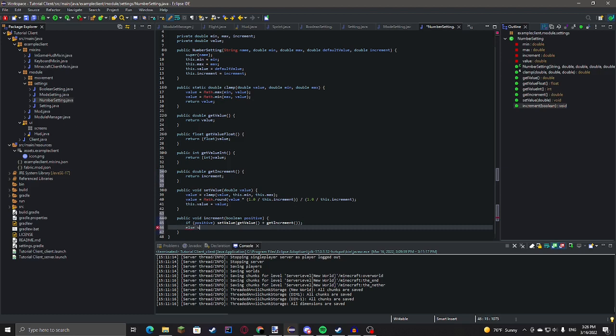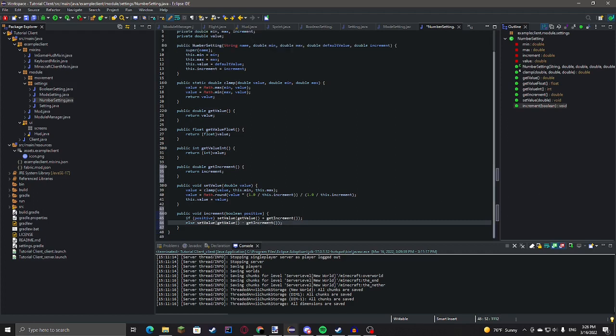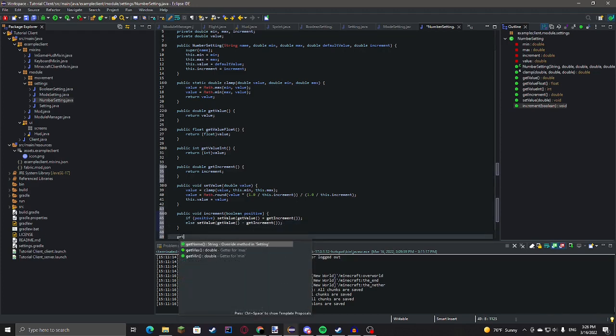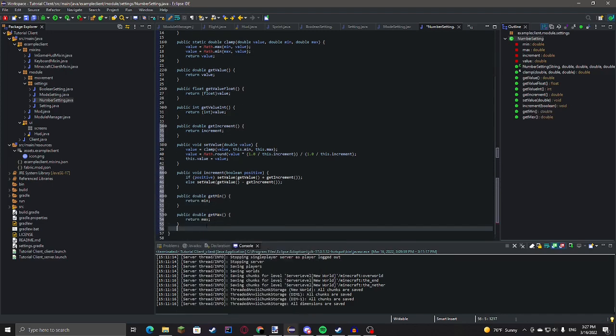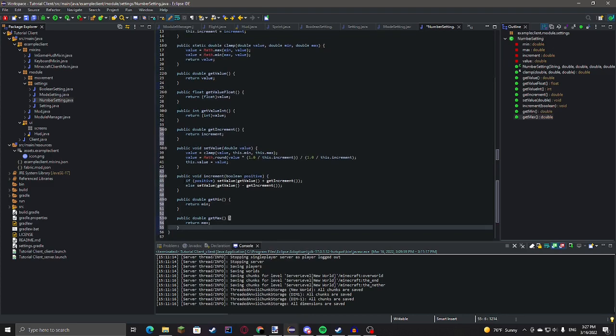Else set value get value minus get increment. Okay, I'm going to get min, get max, and I think that should be it for number setting.